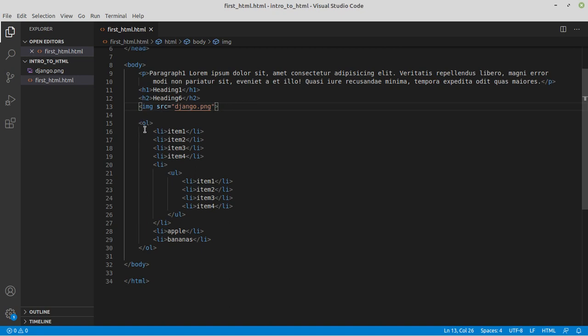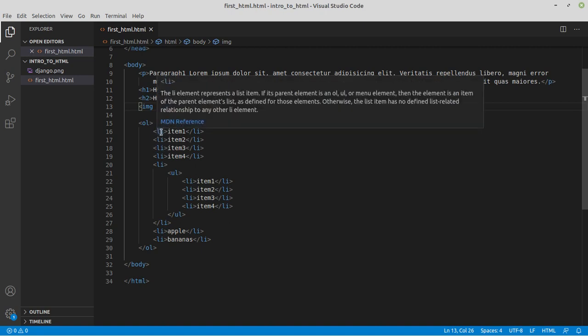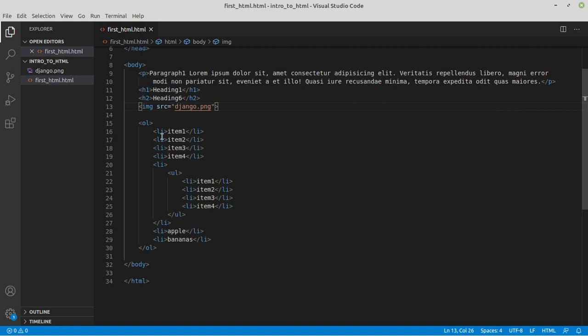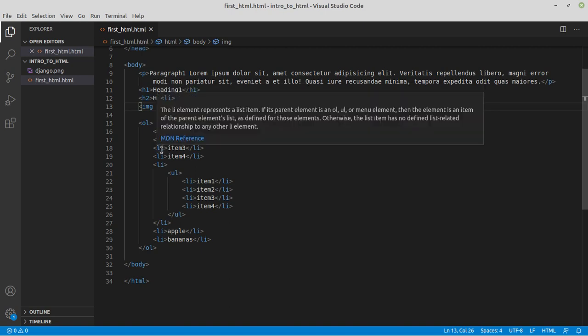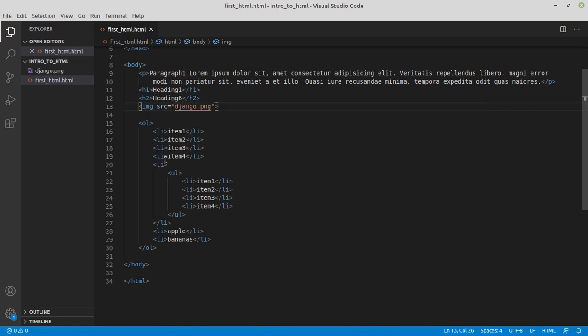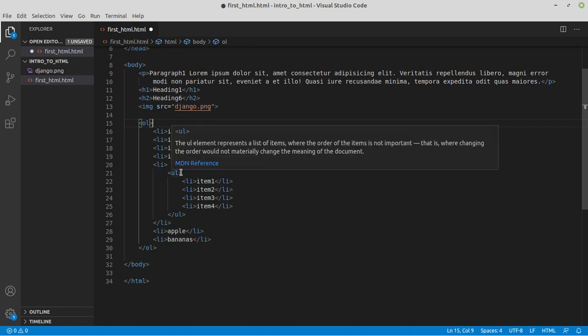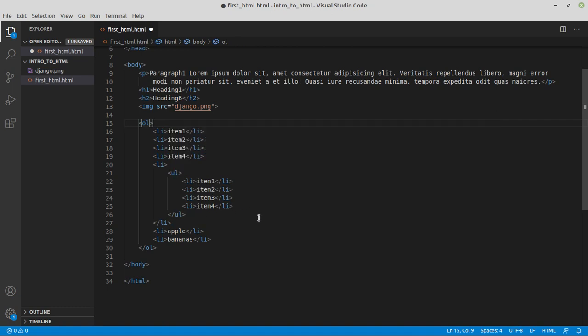Okay, and inside that ordered list, every item is given a number. So your first li, which is your first list item, will be given number 1, second li will be given number 2, third will be given number 3, fourth will be number 4, and these li's can be anything. They can be headings, paragraphs, divs and other stuff. We did not learn about the div tag, but we'll learn about it in the next video, and we'll learn about many more tags which will help you make tables and other things. But here let's move on to the unordered list tag.